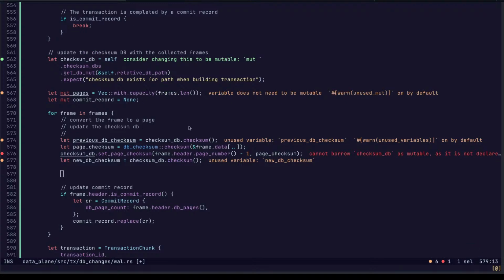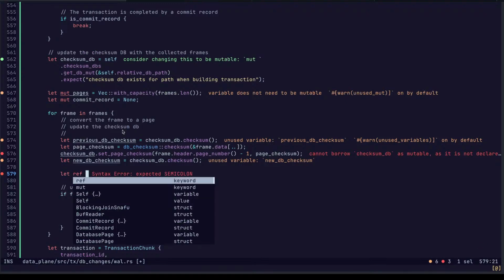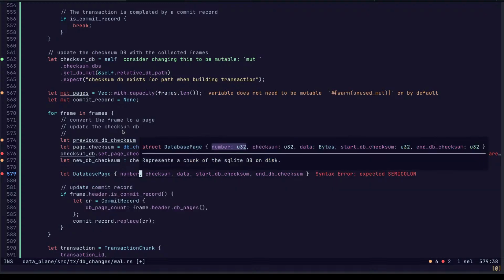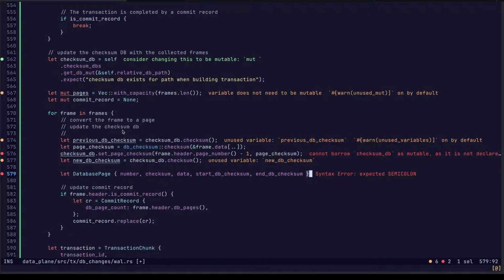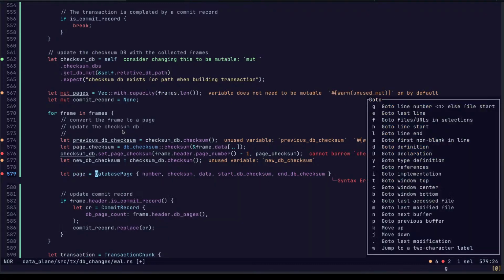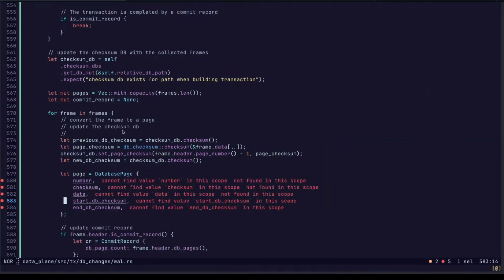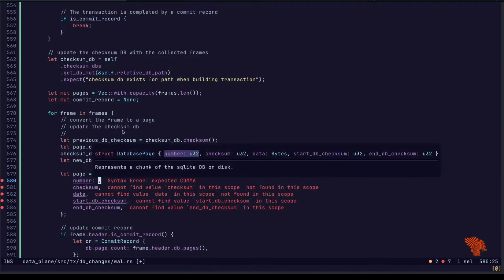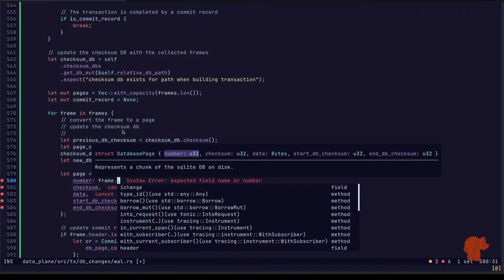Goodness. Page number is frame dot header.